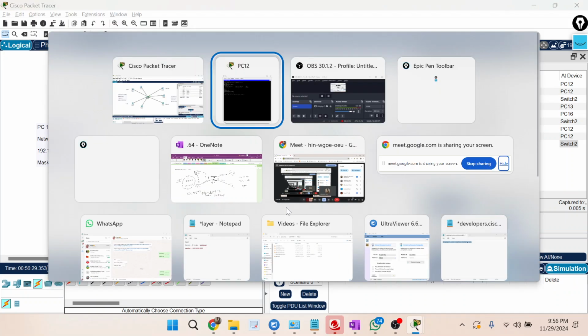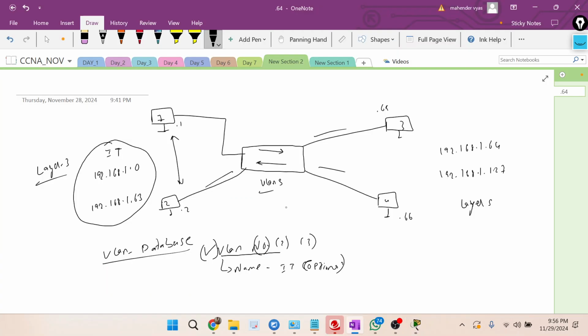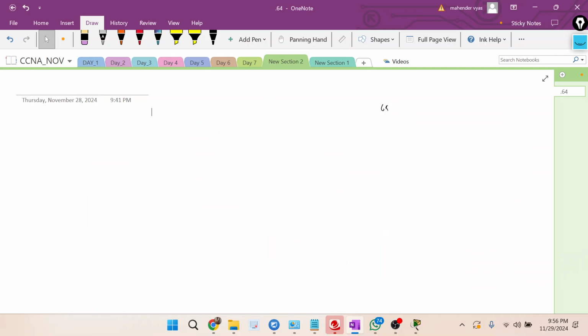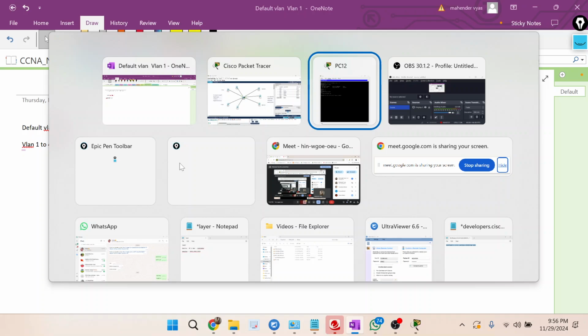So that's all we have for VLAN segregation, the VLAN topic. But you need to practice it a lot. There are some theory things with VLANs. One is the default VLAN, which is always VLAN 1. And the total number of VLANs is VLAN 1 to 4094, I guess. Let us verify that.